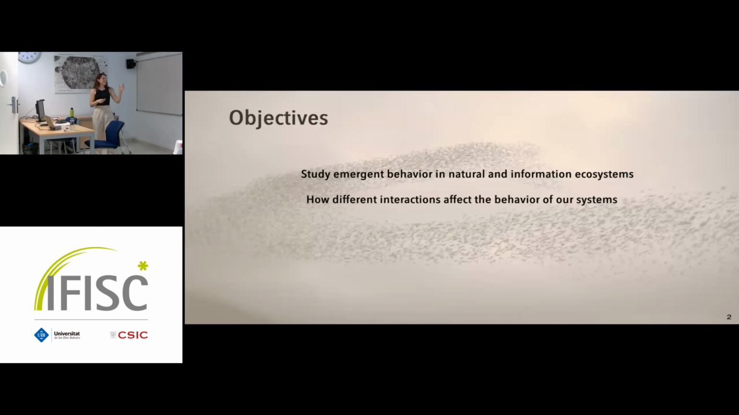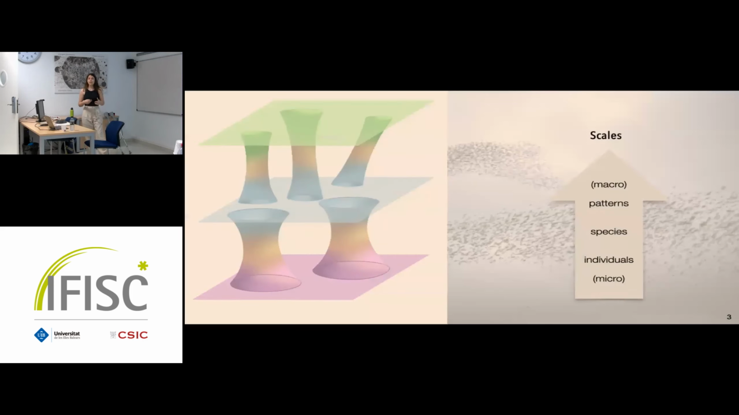The fact that we have different interactions affects the behavior of our systems, and we will study them at different scales, since another characteristic of complex systems is the fact that interactions that occur at one scale then influence the behavior at upper or lower scales. So for example, we will describe natural ecosystems at the level